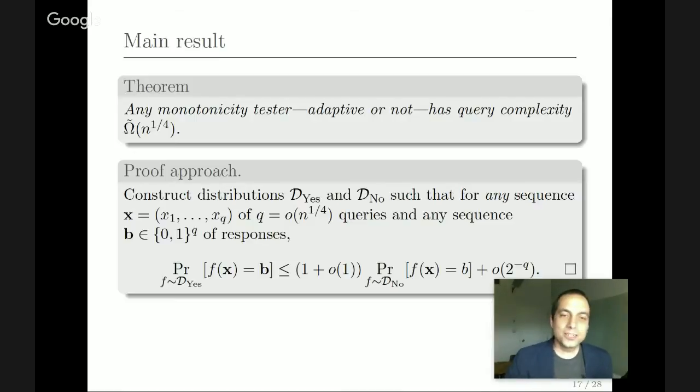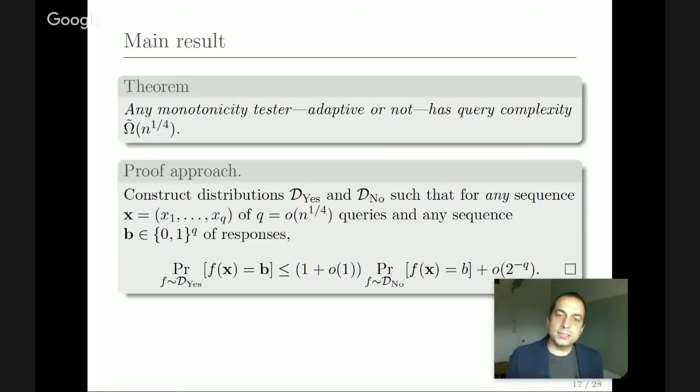What we're going to do is use, again, what's called Yao's method. But to get a lower bound for adaptive algorithms, we actually have a stronger requirement. Before we were saying, okay, what we need to show is that the probability you get any set of responses is roughly the same under both distributions. Now we're going to try to show something much stronger. We're going to try to get two distributions, again, one which is on monotone functions and the other one which is on functions that are far from monotone. But now we want to show that for any set of q queries you come up with, and any possible response that you could get, not just a set of responses, but any individual response that you can get,